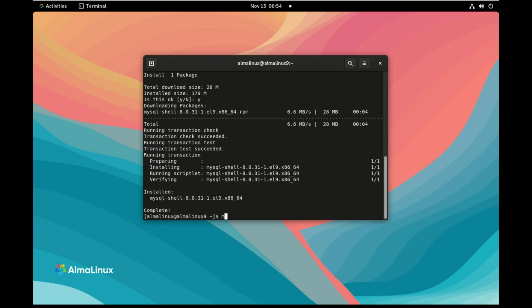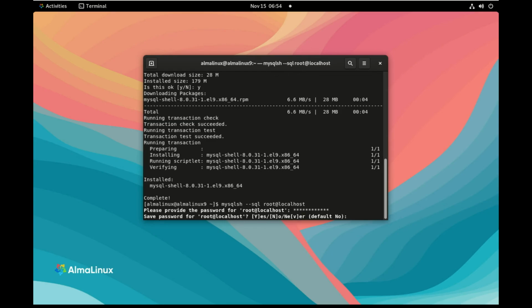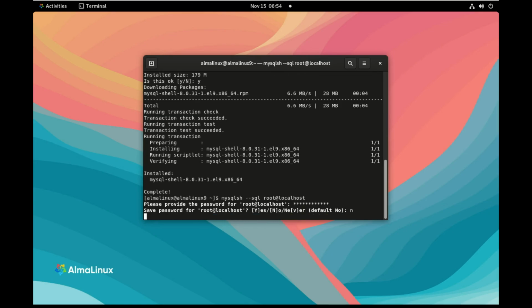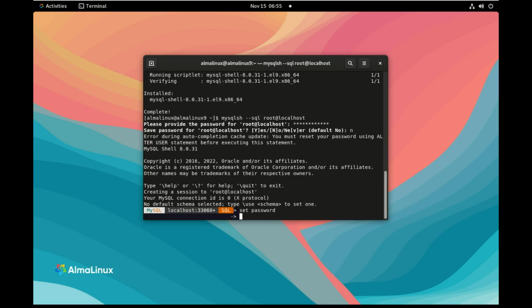I need to use the temporary password and set the new password. So I use mysqlsh. I want to connect in SQL using root@localhost. I paste the password here. I don't need to save it in the credential store because I need to change it. We can see here it says you must reset your password using ALTER USER statement. So I can also use SET PASSWORD and put equals my new password,